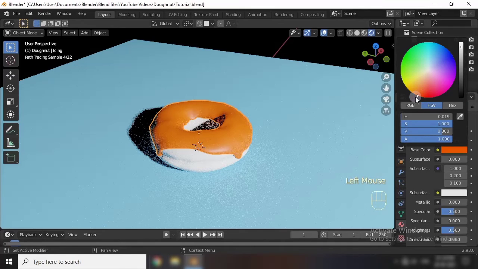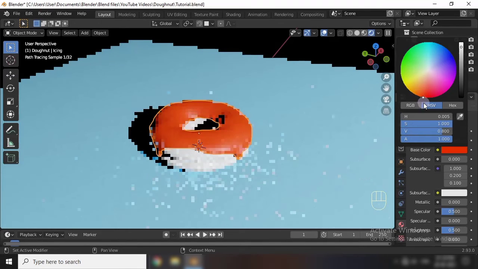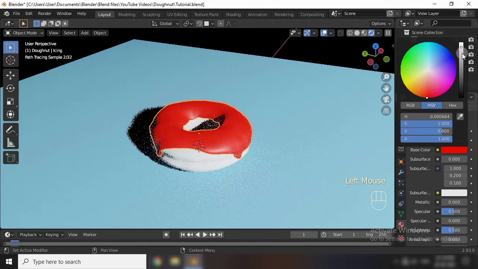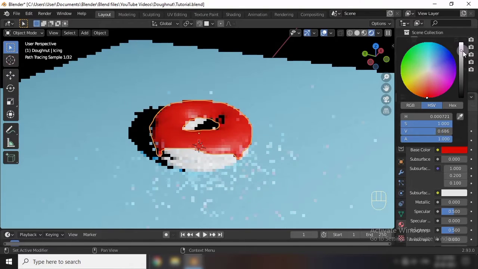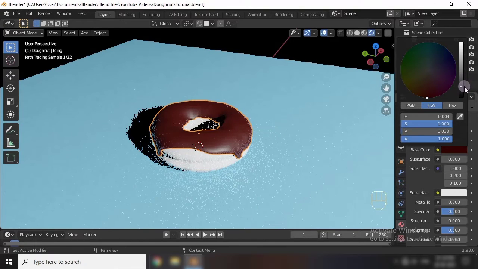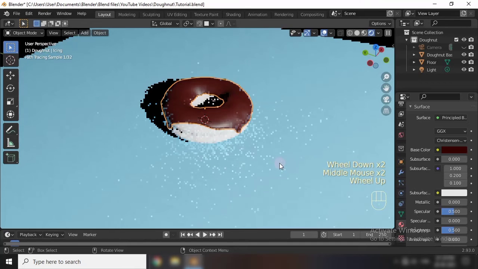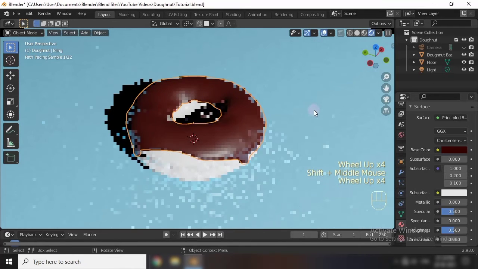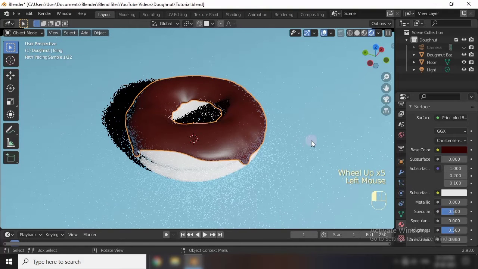I want chocolate. The shade of chocolate is red plus black, and this is red. After that, in this side column, you can see there is a black shader, so from here you can make it darker to get a chocolatey flavor. I love chocolate, that's why I've given a chocolatey flavor.